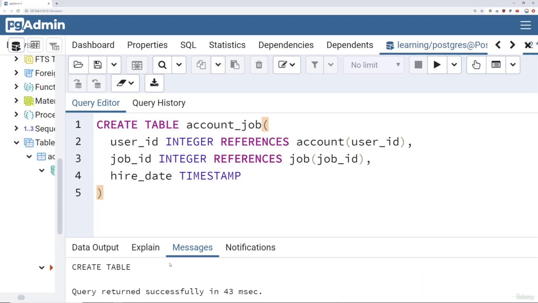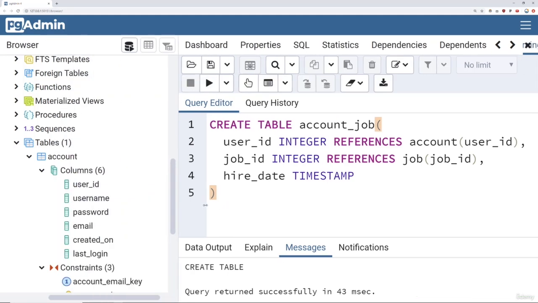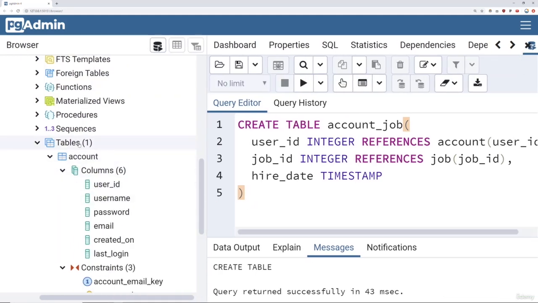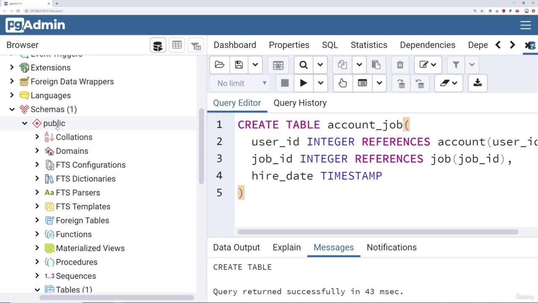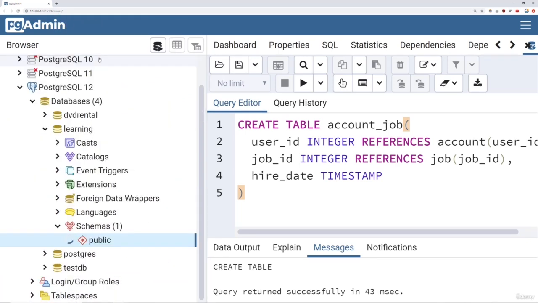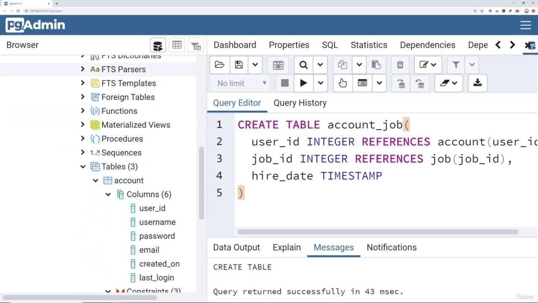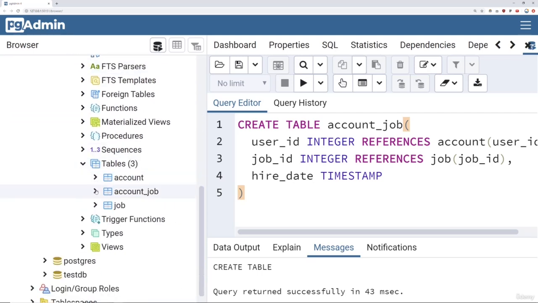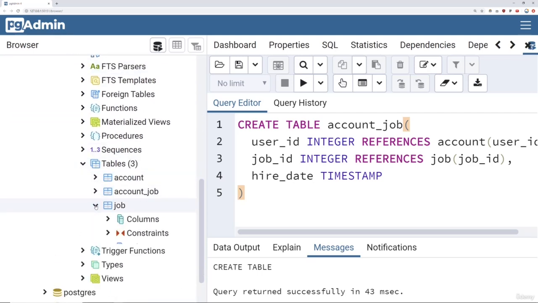So now I have 3 tables. We come back here. Notice that right now it says tables 1. That's because I need to refresh this. So typically you're going to need to refresh every time you create a new table. Go ahead and refresh. That lets the database essentially know, okay, here is the information on the 3 tables. I have job,